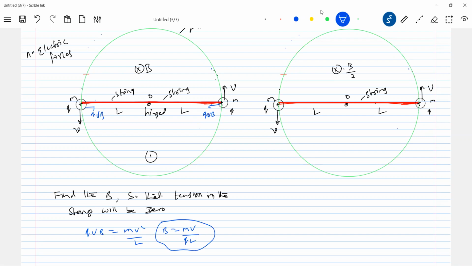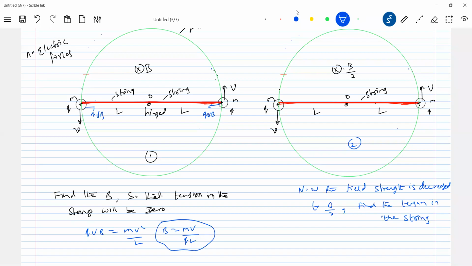Now what I do, I'm going to project with the same speed and decrease the magnetic field. So in diagram 1, the field strength is decreased to B by 2. Find the tension in the string. He's putting a condition: let the field strength be decreased to B by 2. Same speed, projected as usual. You can look at this one.